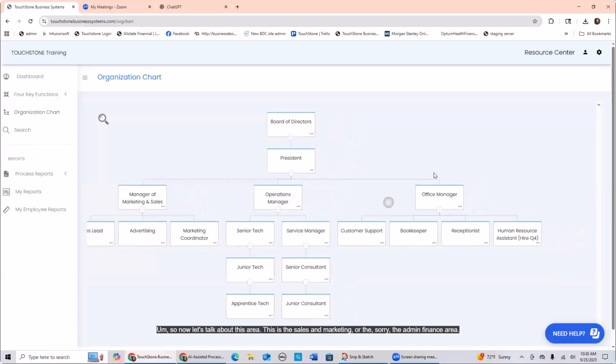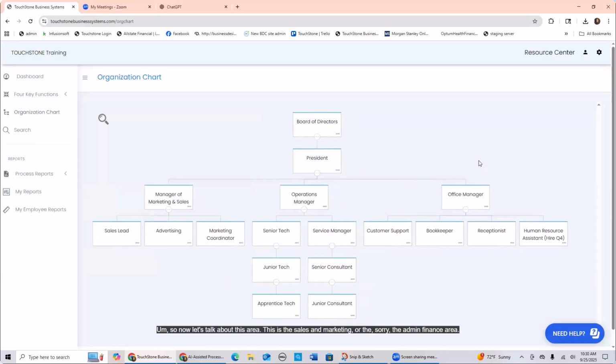So now let's talk about this area. This is the sales and marketing, or the admin finance area. This is typically called overhead. But in my opinion, this can become one of the departments that makes the other department successful. The department that makes the other department successful. For example, if sales and marketing are